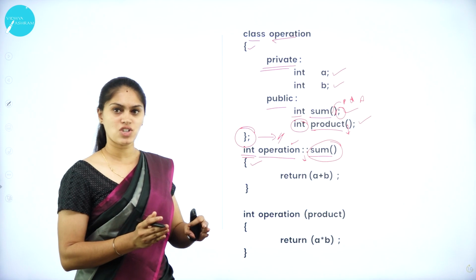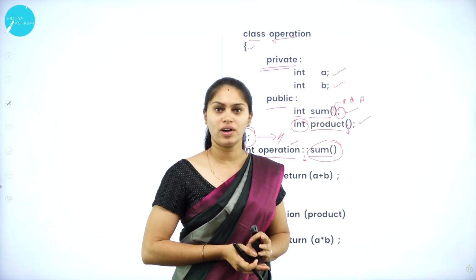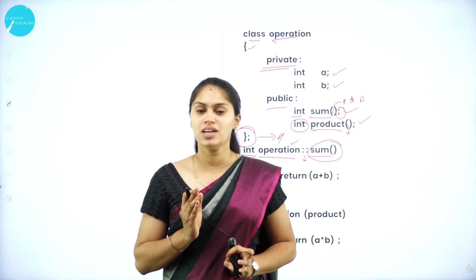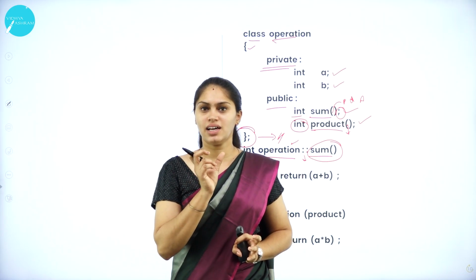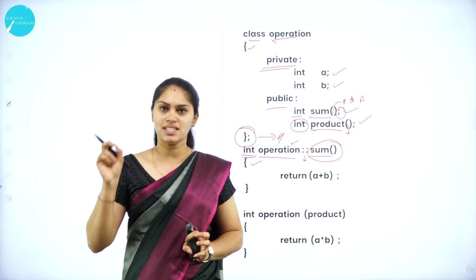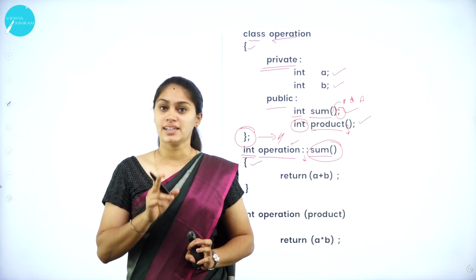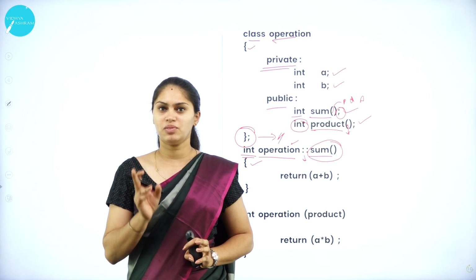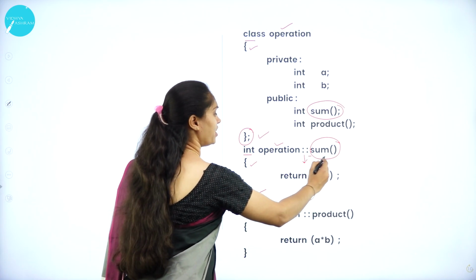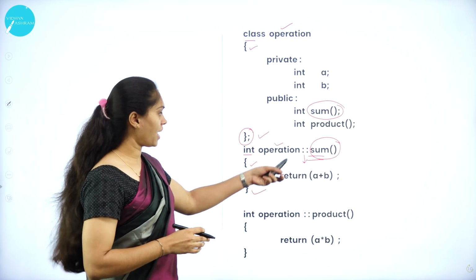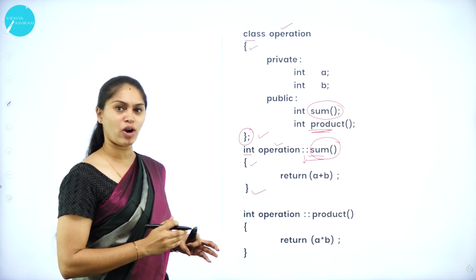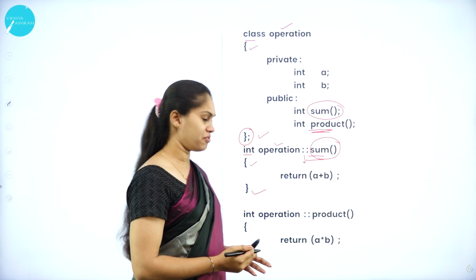So if a function comprises a function body, that is nothing but defining a member function or defining a function. If I am just using the return type along with a function name, then the argument list and a semicolon, that indicates the declaration. There is a difference between declaration and definition that you need to remember. Once we are done with this sum member function, I have one more function. What is that? Product. So how to define this product member function outside the class definition?